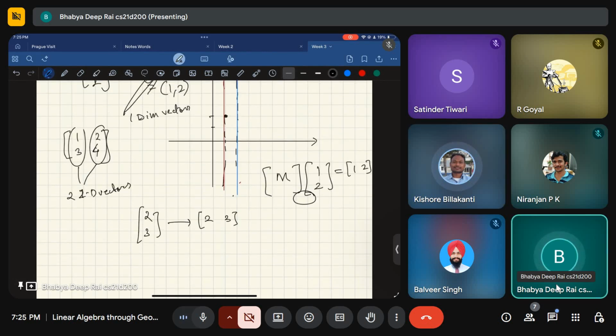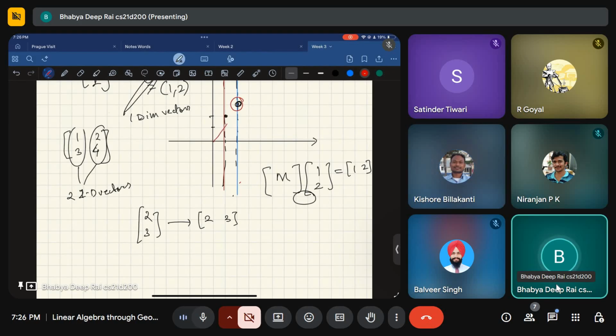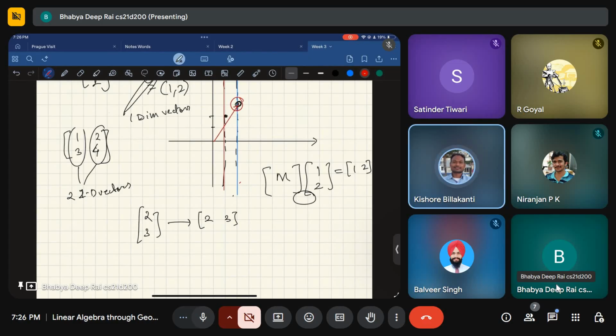Yeah, on the coordinate plane, and then draw a line segment from 0 to 2, 3. The coordinate plane is showing from 0, 0 to 2, 3. So what is it showing? Just one moment. I think that would be the representation on the coordinate plane, right?